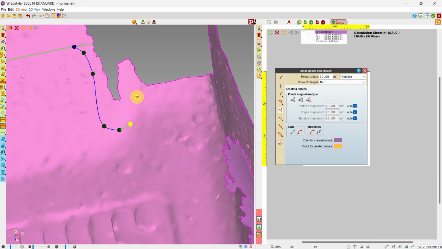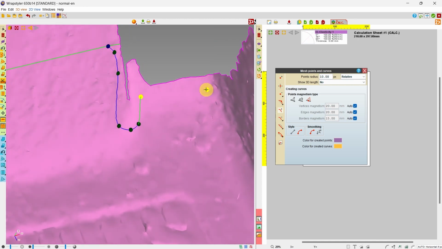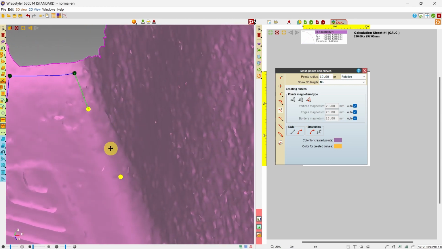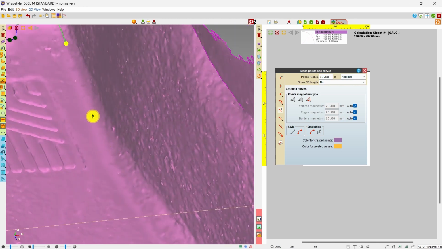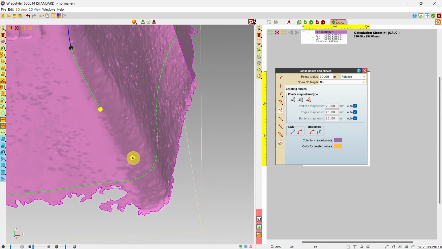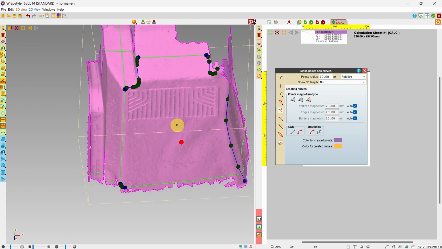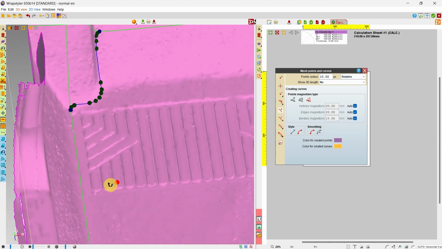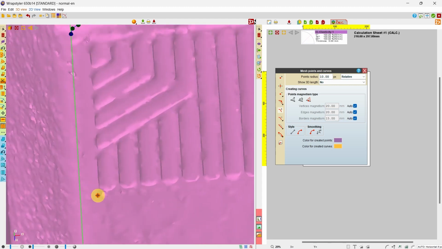I will come back to adjust some of the points later. I can even draw a rectangle on this part here, like this.